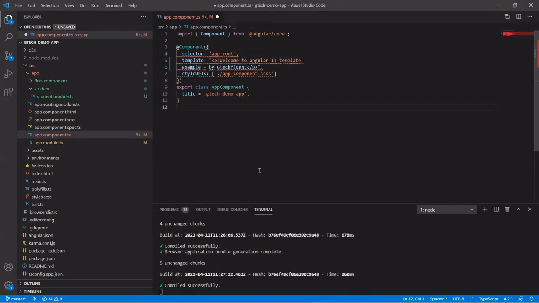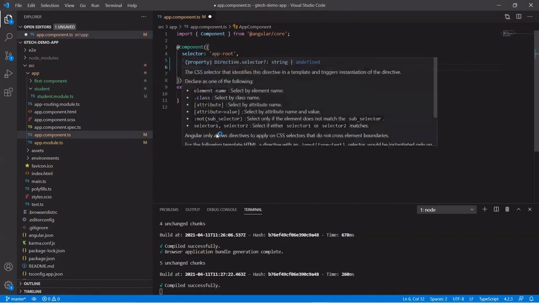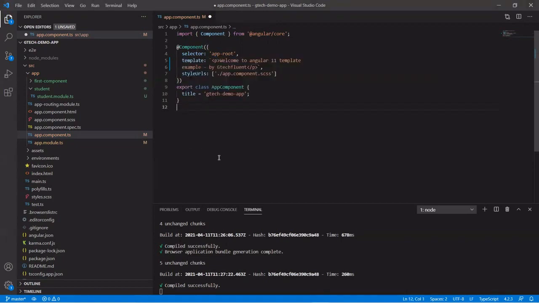The solution to this error is to use the backtick. Please keep in mind, if your content is multi-line, then you need to use the backtick, and only then will your application work. Otherwise, you will get a compile time error.